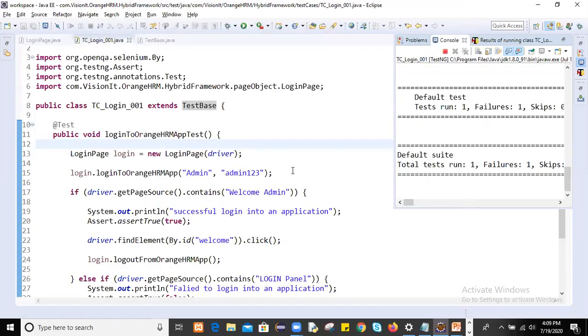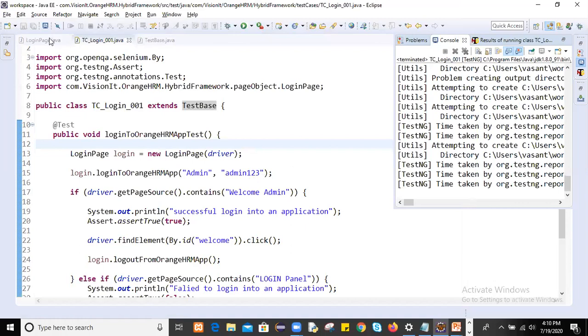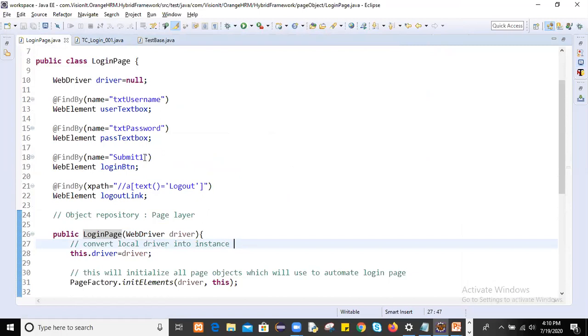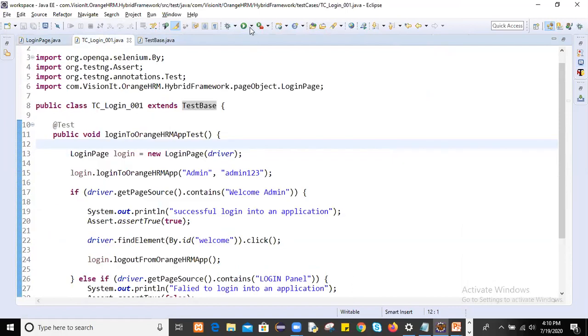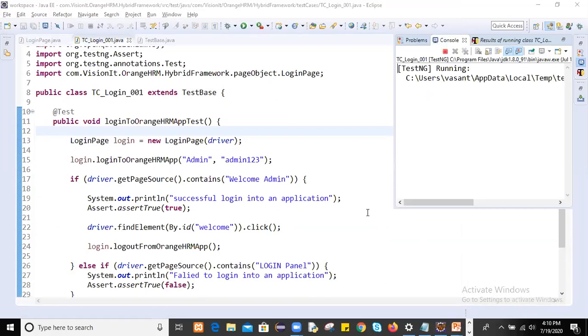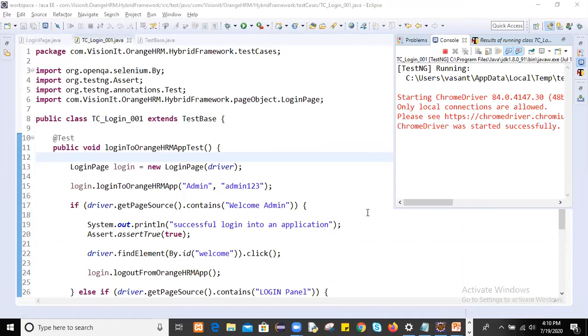So it is failing. Why is it failing? Here on the login page, we changed the objects. Submit. Control S. Now run once again. So this time it closed the browser. So if the test case passes or fails, not an issue.